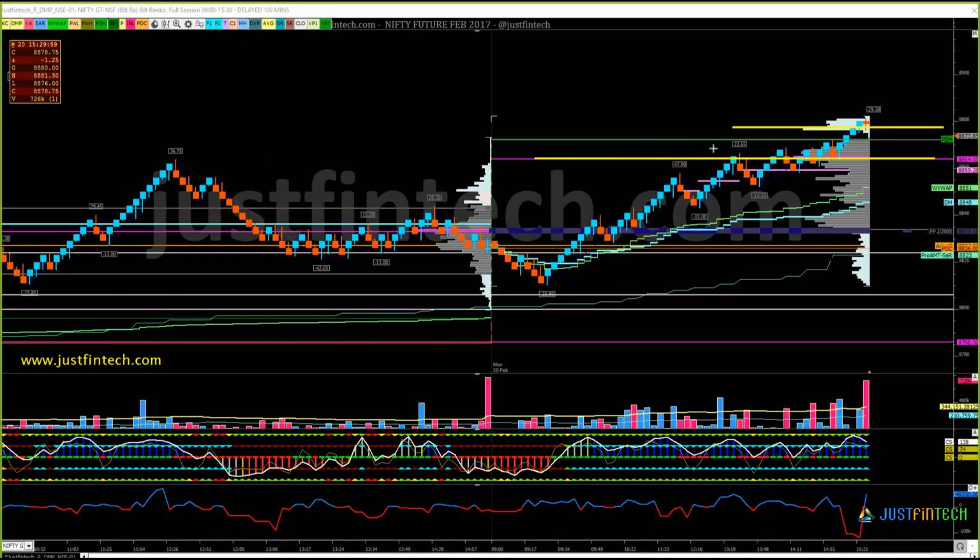So open anywhere into this, or suppose it opens gap up. We'll draw the scenario for all these three openings, that it pushes higher, goes above the high, and in case it opens directly above the high, then also this is applicable, that it pushes into the